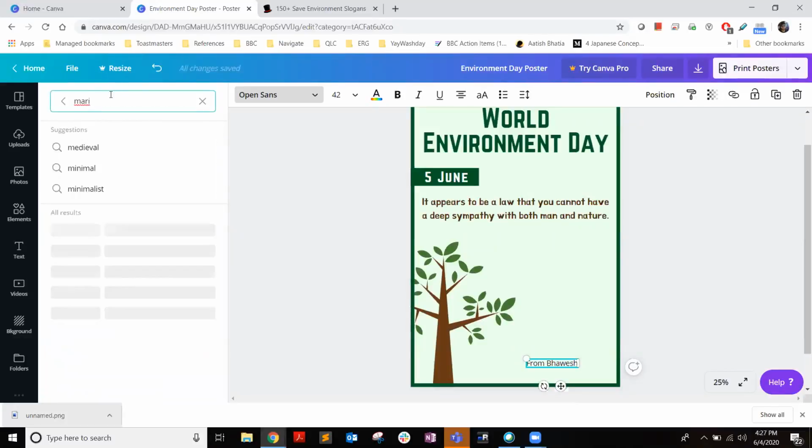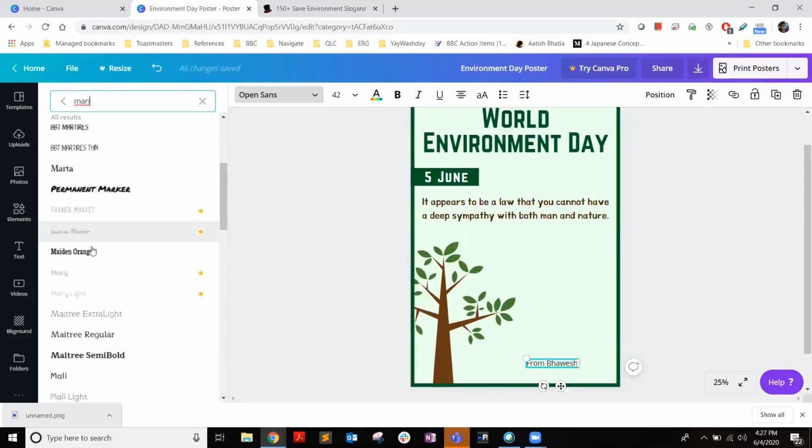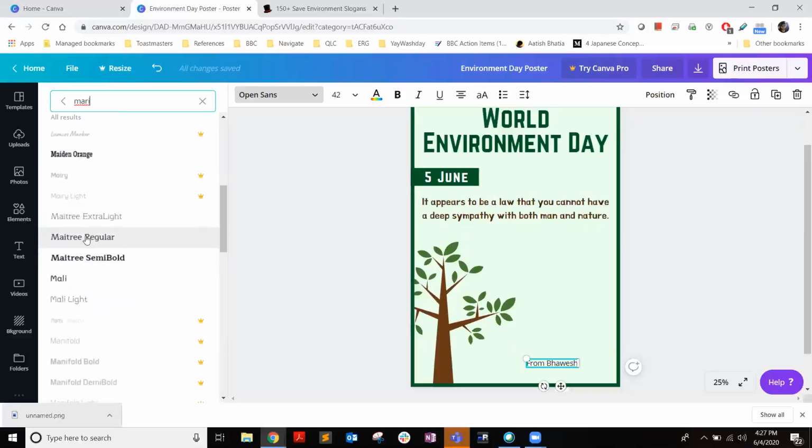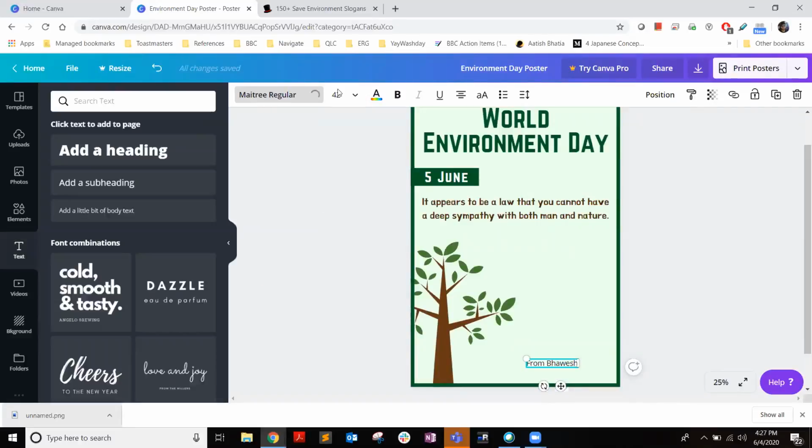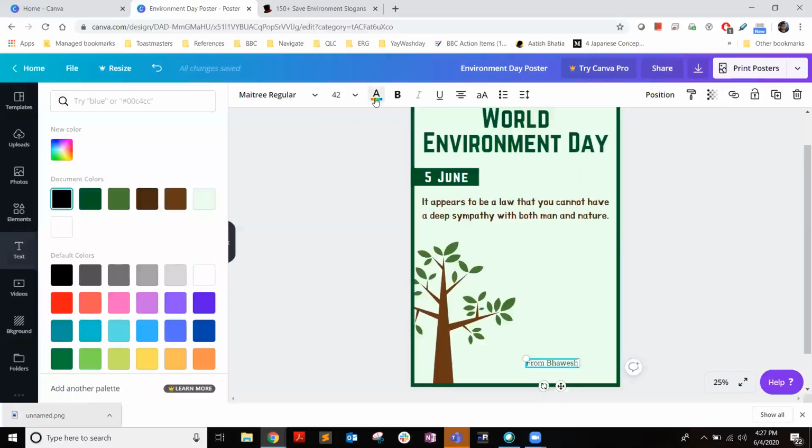This is one of my favorite fonts. Where is it? I'm going to use this. I'll make the color dark brown again.